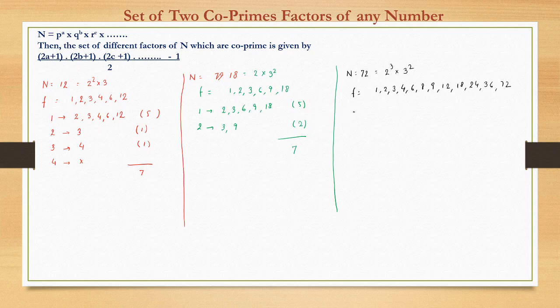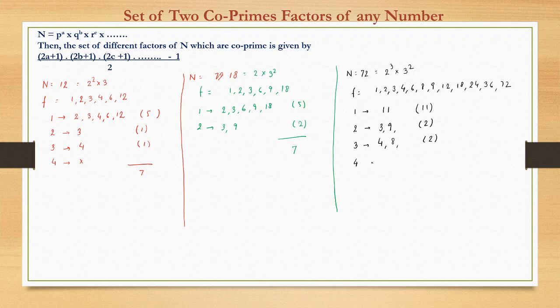Now if we find what will be prime to 1 among the remaining, we have 12 factors here, so all the 11 numbers would be co-prime or relatively prime to 1. For 2, 3 would be there, then 9 would be there. Anything else? No, only two numbers. So here for 2 it is 2, and for 1 it was 11. Then for 3, 4, 8, that's it. So only two numbers are relatively prime to 3.